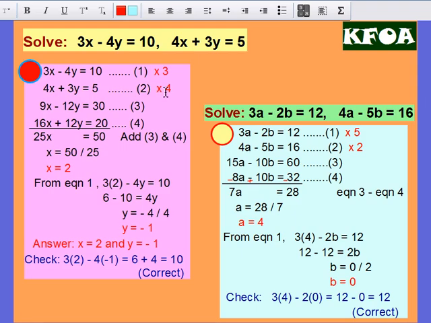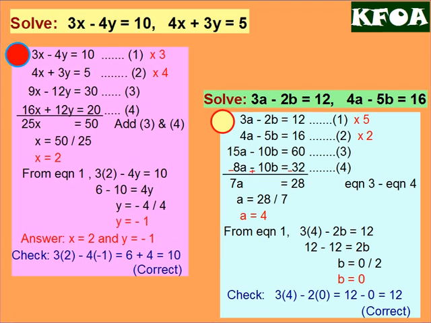When we come here, 3x minus 4y is 10, 4x plus 3y is 5. Though here also the coefficients are exchanged, this can be done simply by multiplying. You can eliminate y here, multiply this equation 1 by 3, this equation 2 by 4. So we make y coefficient same. So now on addition, 25x is 50 because this y will get cancelled. So you get your answer x is equal to 2.